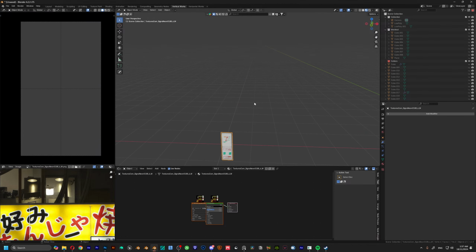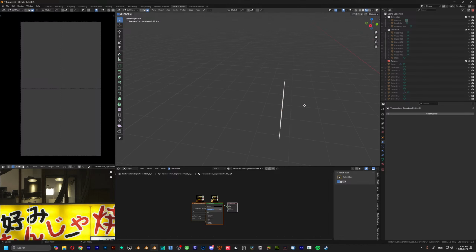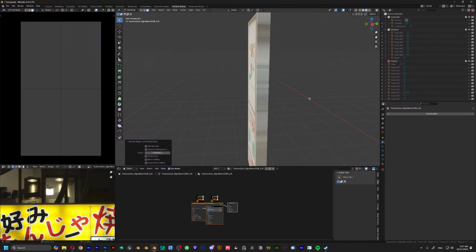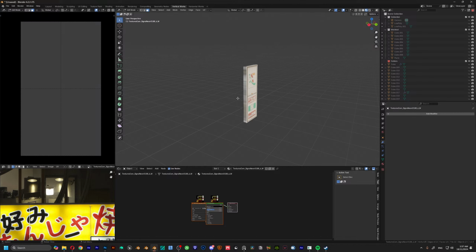Okay, so you have little pieces. It will be origin to geometry. So what do we do with this? A little plane. Extrude it out. Also in this phase,